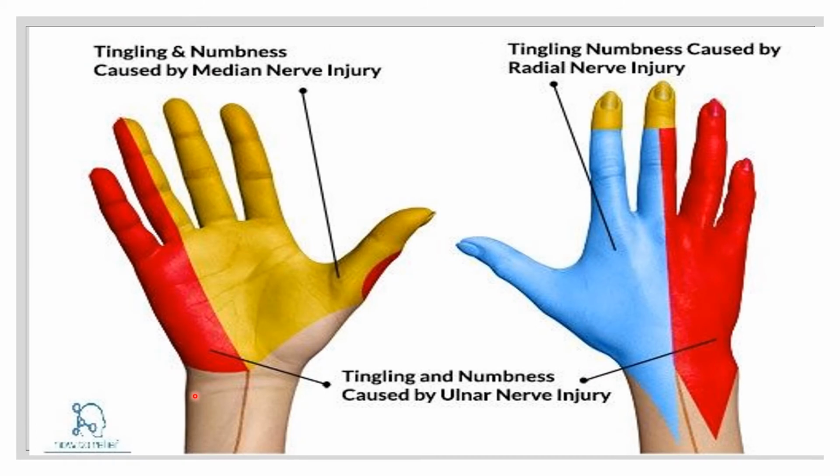Okay, in this picture you can also see that the superficial branch of the ulnar nerve supplies the cutaneous branches to the anterior surface of the medial 1.5 digits, and the deep branch of the ulnar nerve is motor and supplies the muscles. On this area, the palmar cutaneous branch of the ulnar nerve supplies the skin on the medial side of the palm, and this area is supplied by the dorsal cutaneous branch of the ulnar nerve, which supplies the medial half of the dorsum of the hand, the fifth finger, and the medial half of the fourth finger.